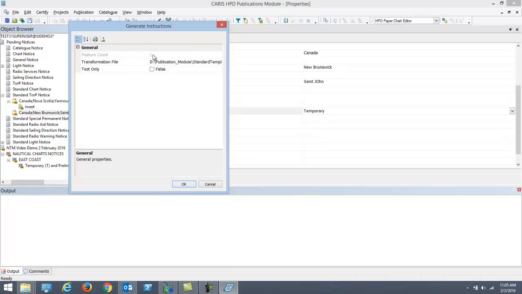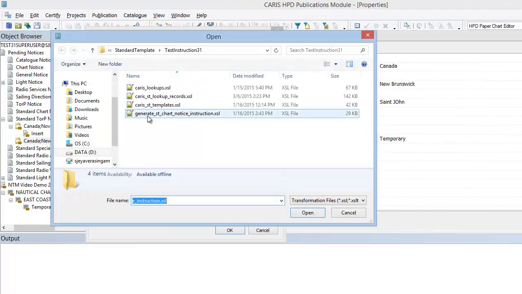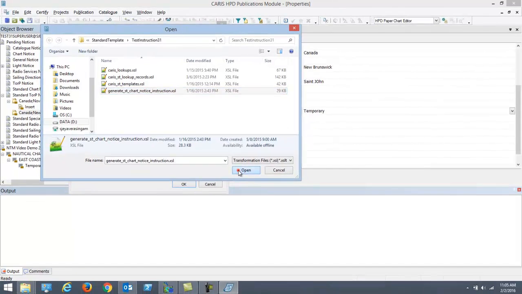The feature count reflects the amount of features in the selection grid. Presently, I only have one feature selected, so I only have a feature count of 1. If I have multiple features selected, then that count will be reflected here. I have what we call a transformation file, and this transformation file contains rules that will extract data from HPD and place them in Publication module. This carries will provide a sample set of transformation files. So in this case, we will use one of the sample transformation files,